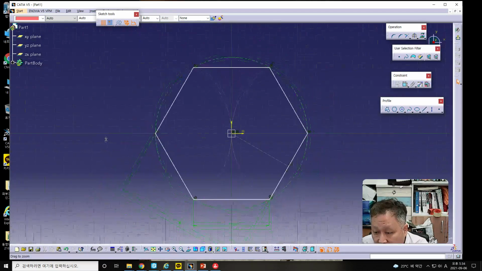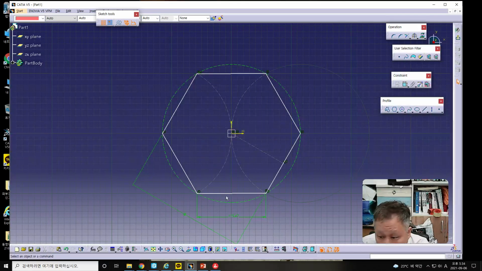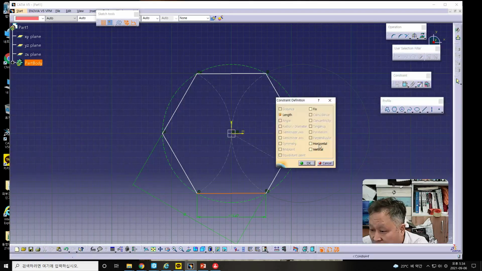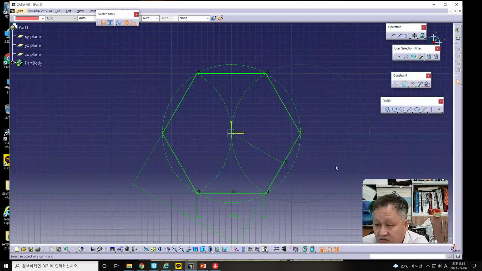And some lines should be horizontal, of course. Therefore, all the constraints should be applied, and the color of the lines should change from white to green like this. Okay, and the next one,